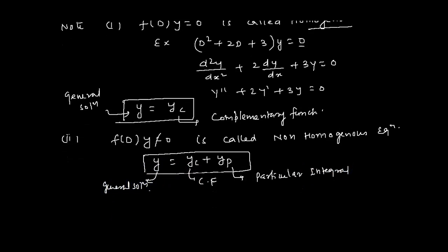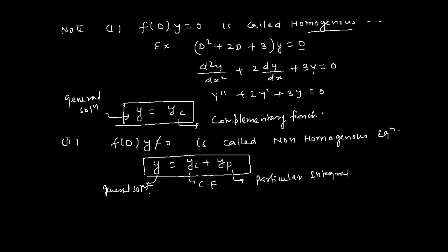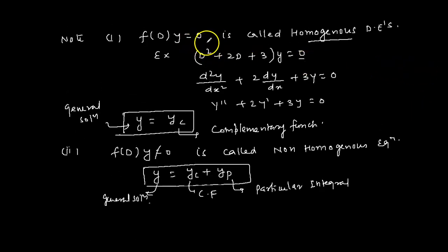And here, if any question is given, we have to check whether this equation is a homogeneous or non-homogeneous equation. If the right hand side is 0, then it's a homogeneous differential equation. That time we have to find just the complementary function, and that will be our general solution. When it is non-homogeneous, then we have to find yc and yp both and add them. That will be the general solution. Okay, so let's see one by one how to find the complementary function, yc.